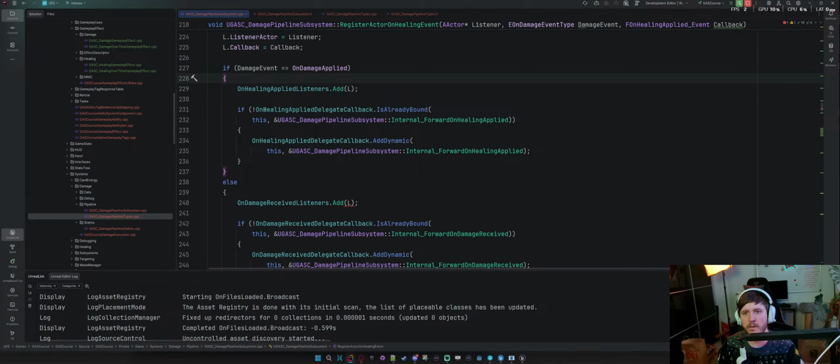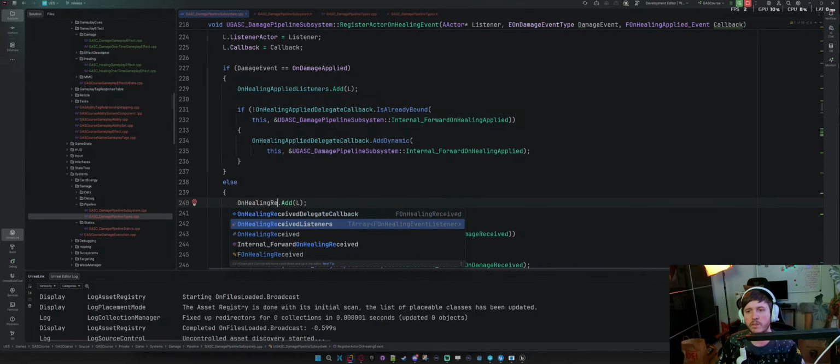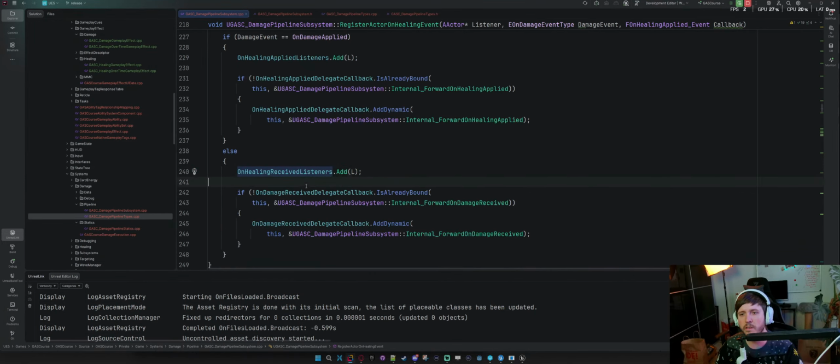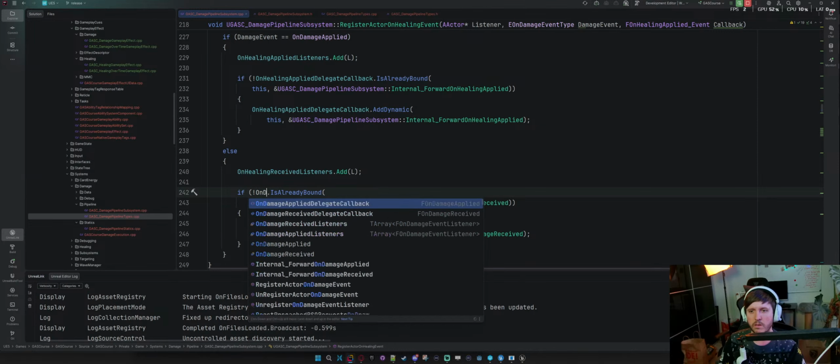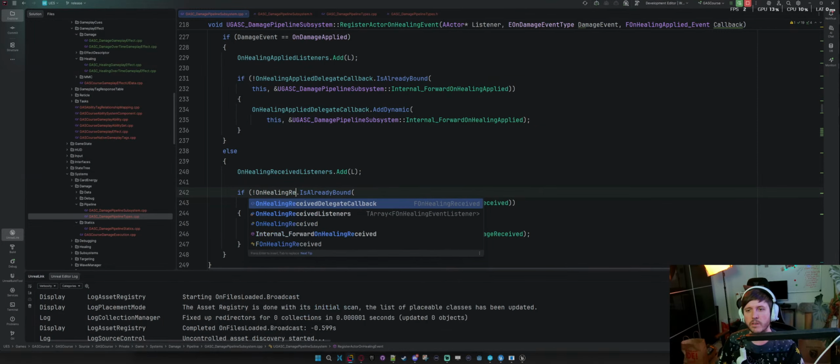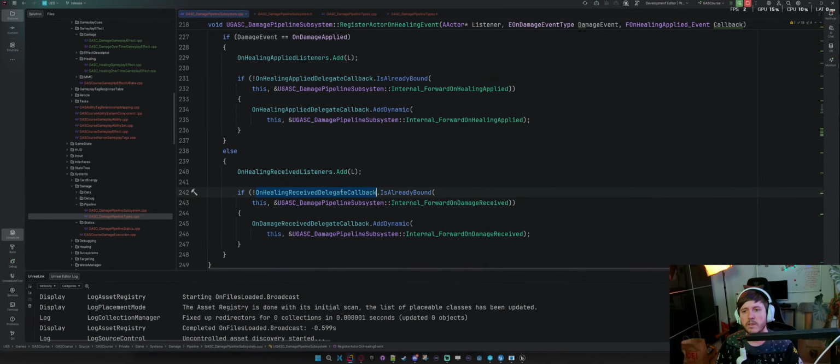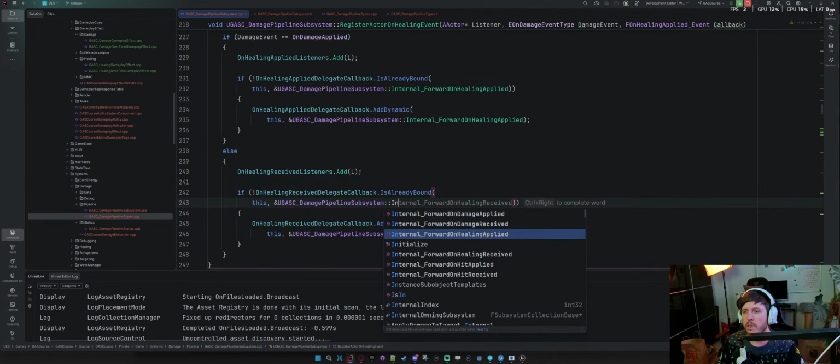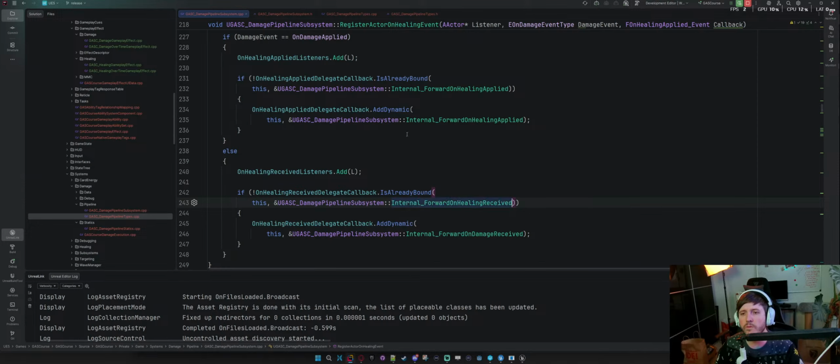And then on healing received listeners add L is already been found, on healing received delegate callback. Copy paste that here, and then internal on healing received. So we can copy that here, so everything's received at this point.